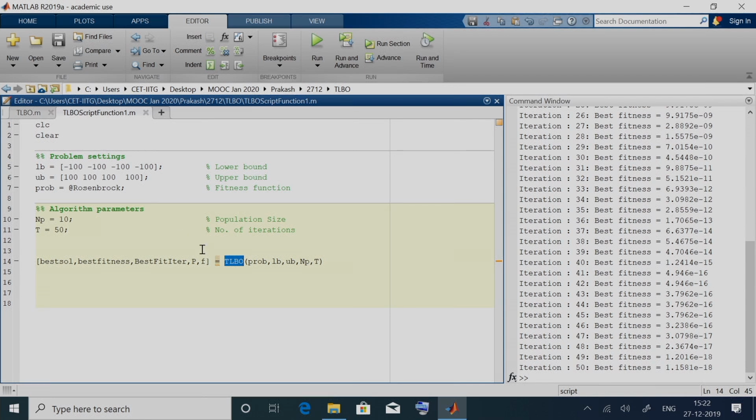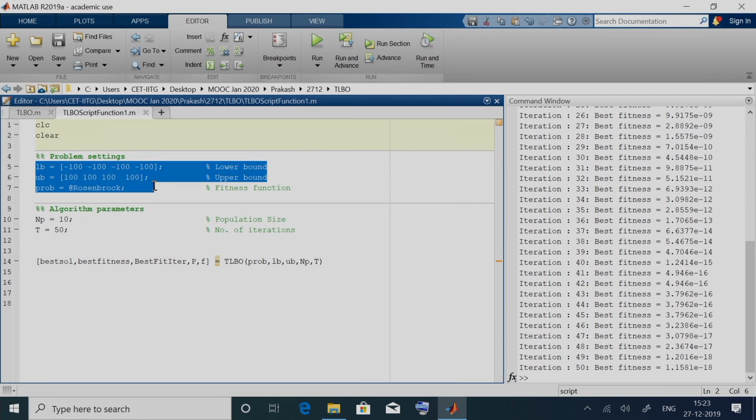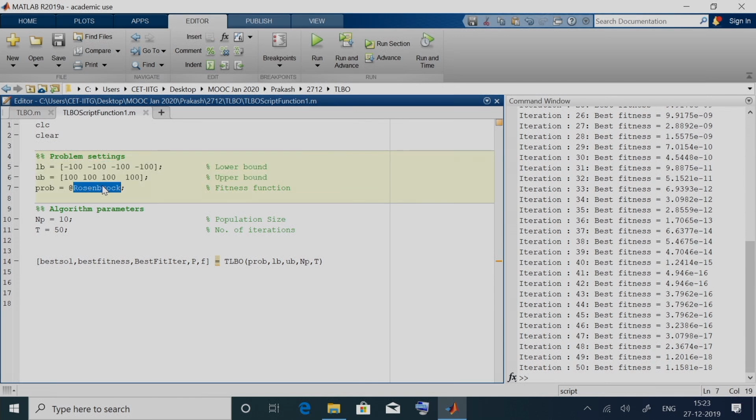the function TLBO. So, clc clear is just to clear the command window and to clear the MATLAB workspace. We are defining the lower bound and upper bound as 100, and the problem is the Rosenbrock function. We want to optimize the Rosenbrock function with these parameter settings for the algorithm: a population size of 10 and the number of iterations to be 50.